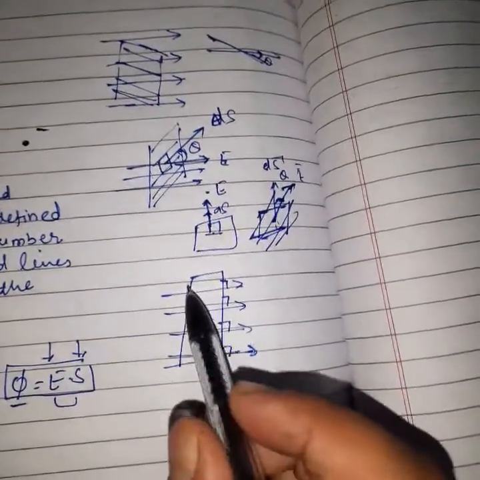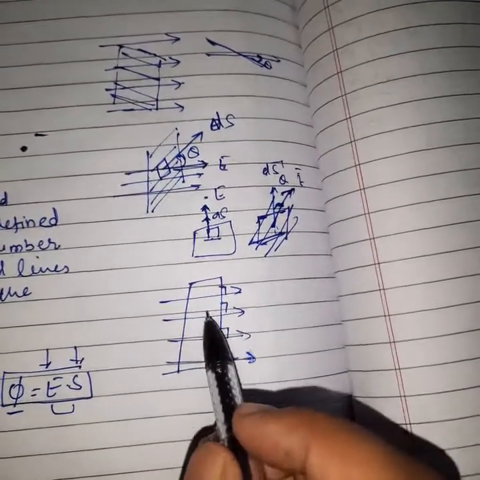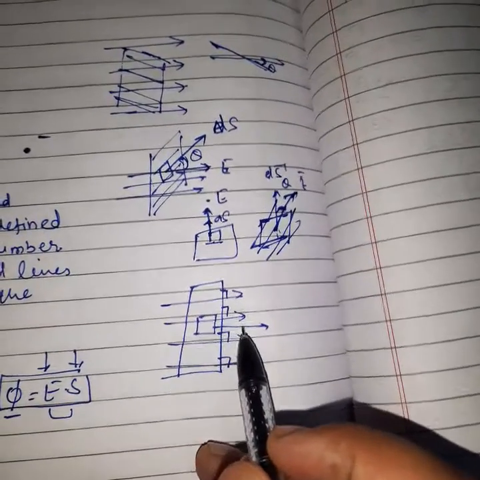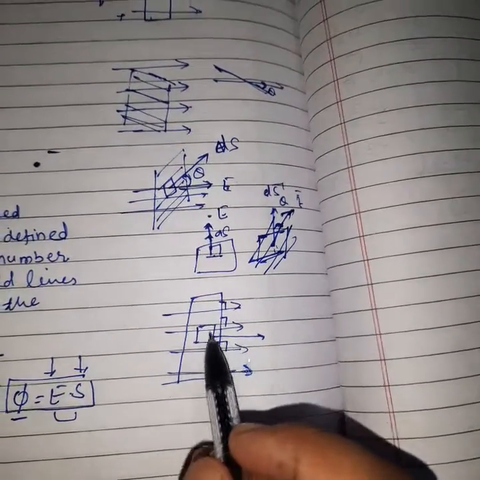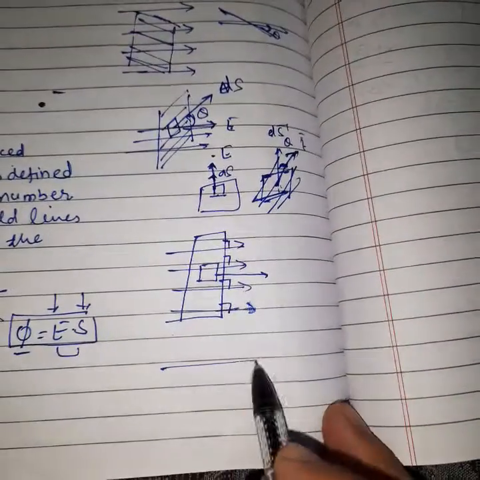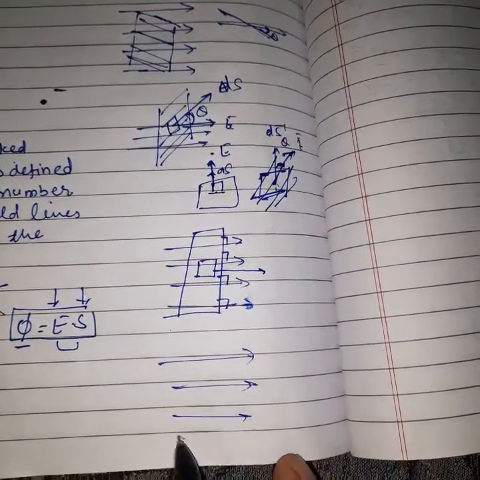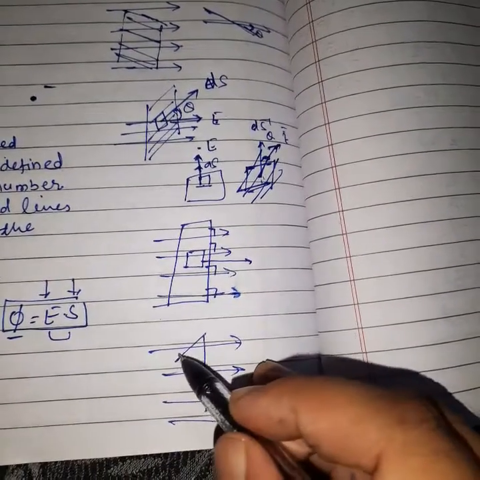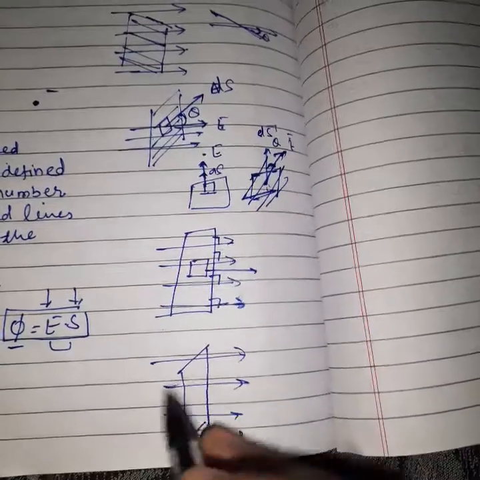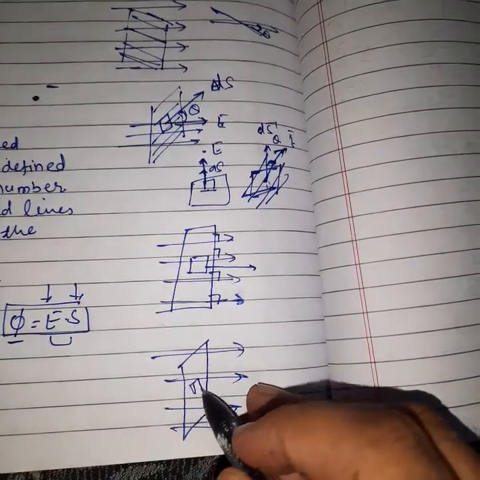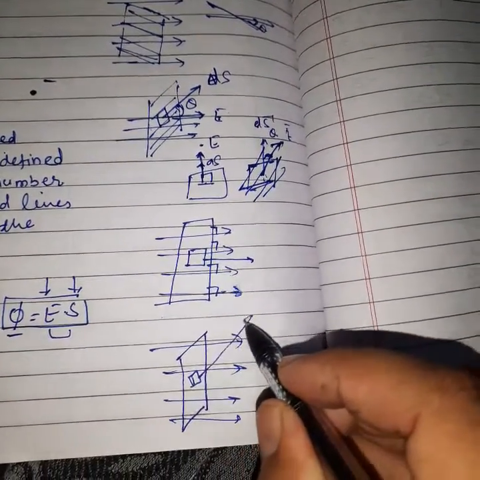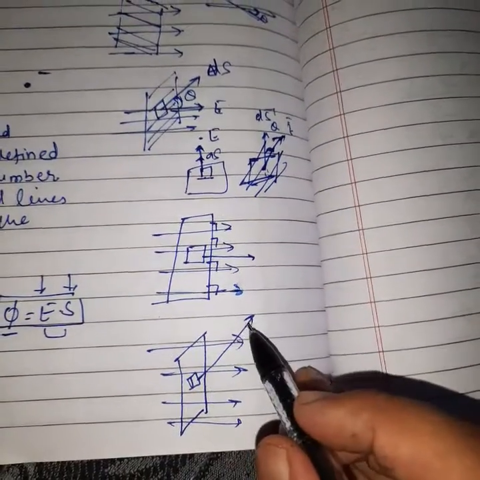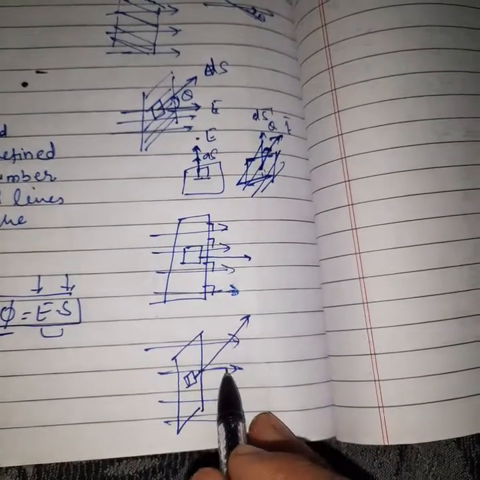Students, listen here, look, this surface is perpendicular. So the area vector will be in the same direction, both in the same direction. So we can say both are parallel to each other, or both are perpendicular to the surface. Now listen to one thing: this is our surface. Now I'm rotating this surface a little bit. Okay? Now you can see the area vector of it, what? It is like this, yes or no? And you can see the area vector like this. Okay? And you can see these are the electric field lines.